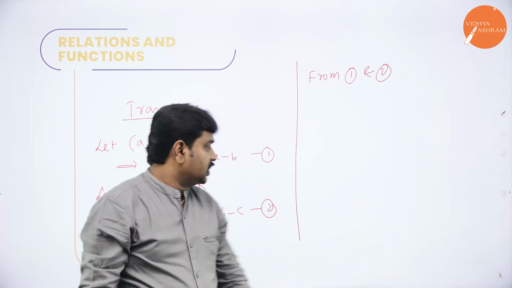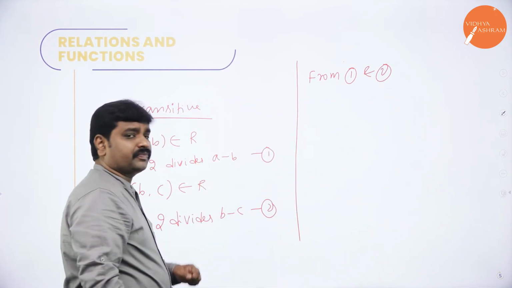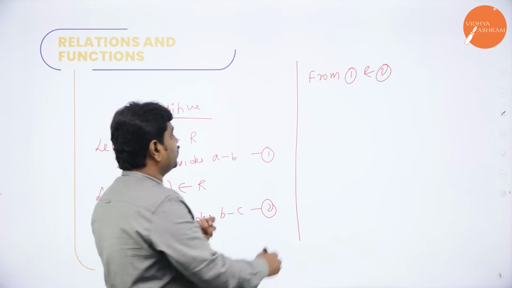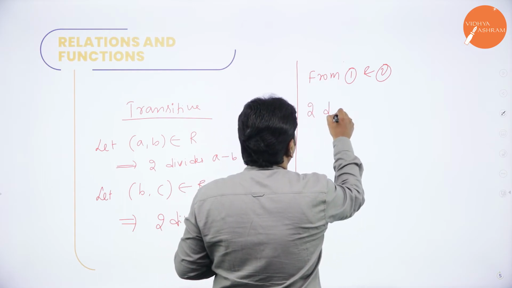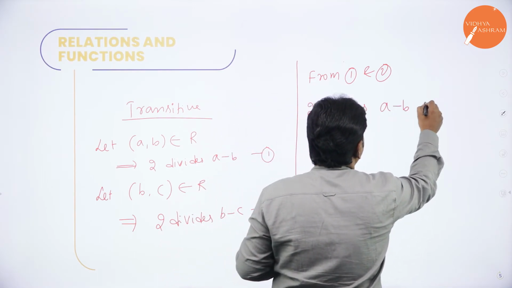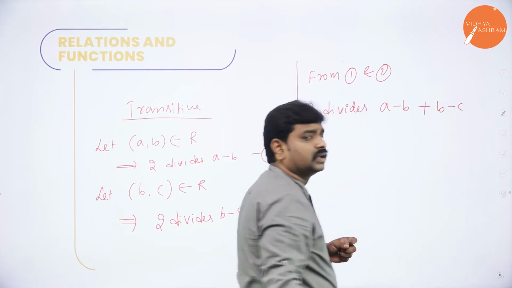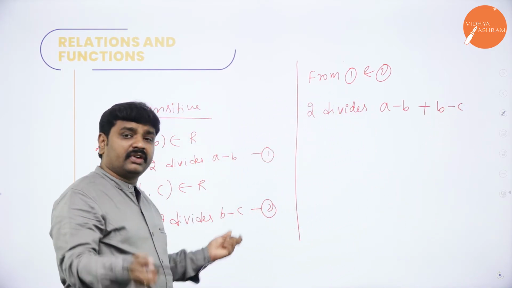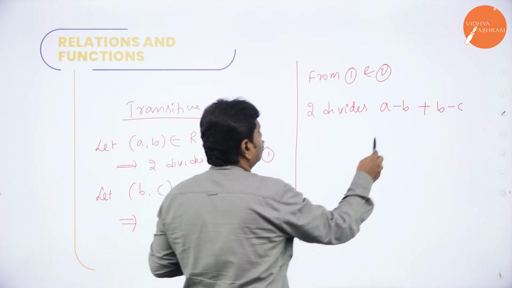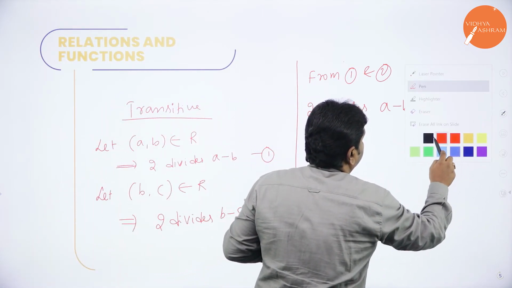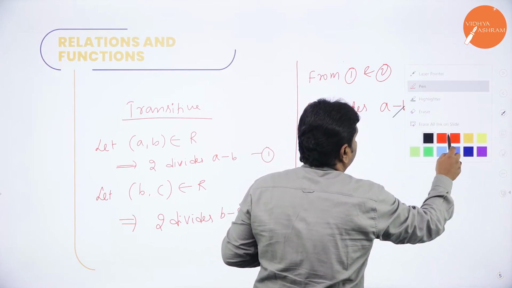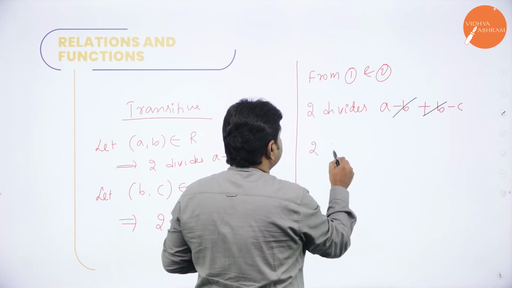Equation 1 says 2 divides A minus B. Equation 2 says 2 divides B minus C. From 1 and 2, I can say 2 divides the sum of both: 2 divides A minus B plus B minus C. Do you agree or not? If 2 can divide a number and 2 can divide another number, then 2 can divide the sum of the numbers. So, now clearly minus B plus B cancels. After we cancel, then 2 divides